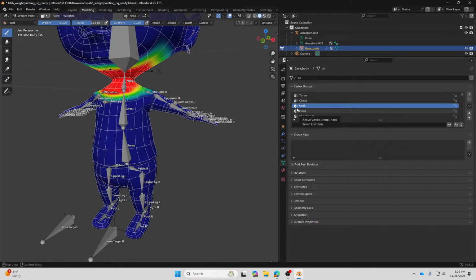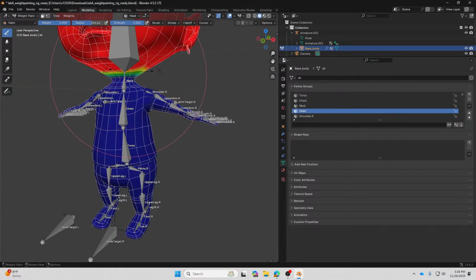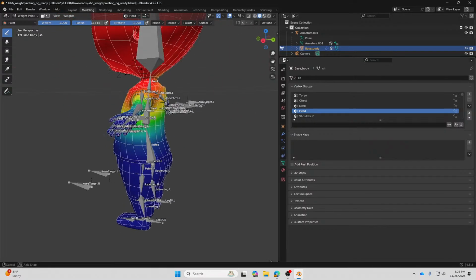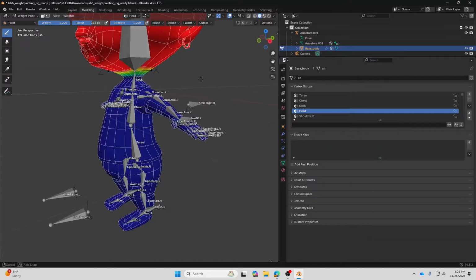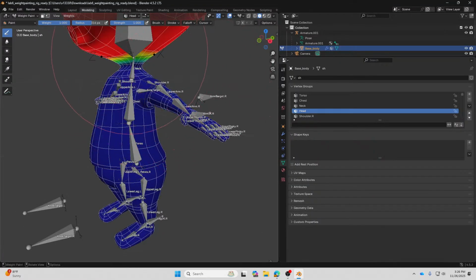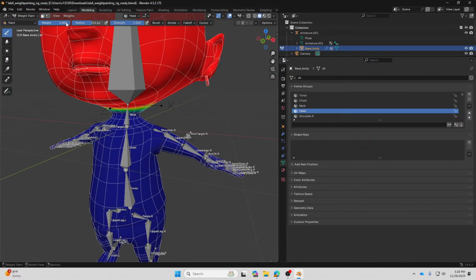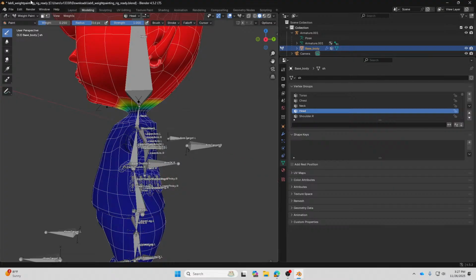So when you try to paint on the head, for example, it's going to affect the other parts of the body as well. Even though you reduce this one to 0.5 for example, and you paint on this, you see nothing happens, it's still blue.